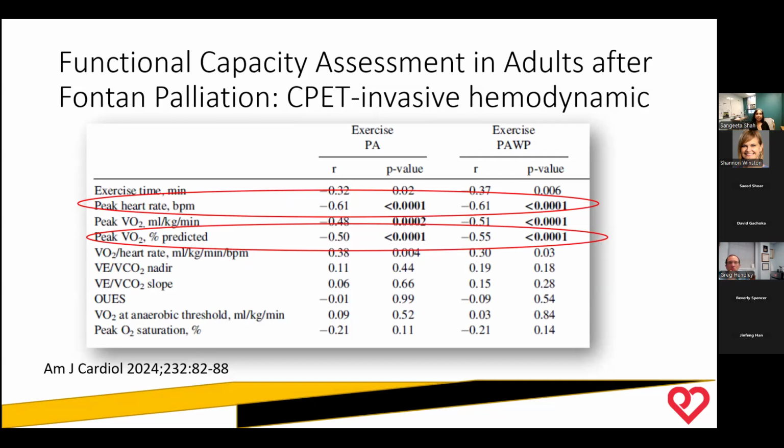Another study, same group, because if you do this well, you write about it a lot, is on functional capacity, and they're again looking at the same hemodynamics. What they were able to tease out this time is that the peak heart rate was also a predictor of the hemodynamics. The reason I want to highlight that is because, as we saw in the case examples, they only have heart rate response in the ability to increase their cardiac output, because often they have a fixed stroke volume. So if they cannot get their heart rate up, they won't do as well.